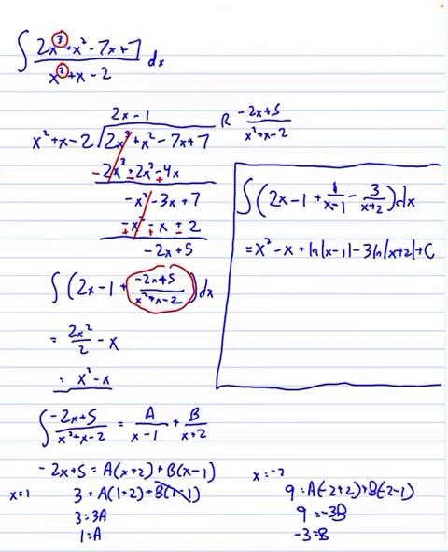But the negative 2x plus 5 over x squared plus x minus 2, we still have to break down with partial fractions. We solve for a and b. And in the end, where we put in this square that we created, I was running out of space, we put everything back together, our quotient and our partial fractions. And like we said, the final answer after we integrated was